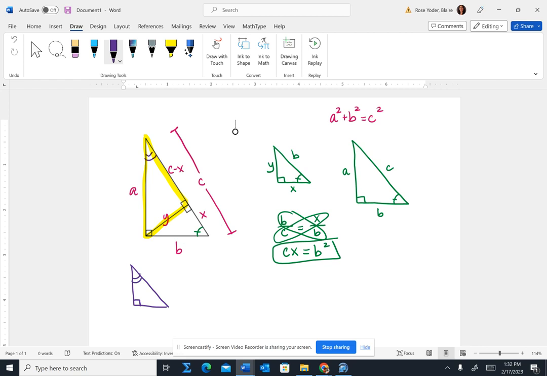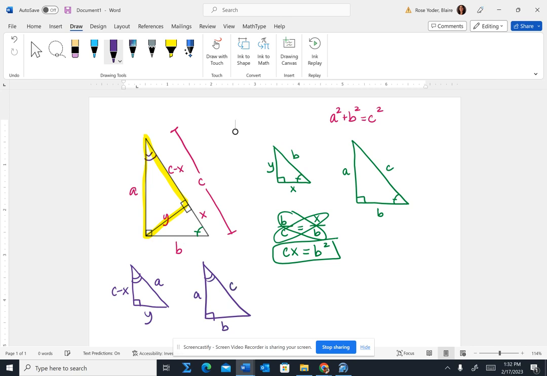So I'm kind of reflecting my triangle. So the hypotenuse is A, and then the leg that's between the right angle and the angle with the double arc is C minus X, and then the other side of the triangle was Y. And I'm going to compare it again to the whole big triangle,